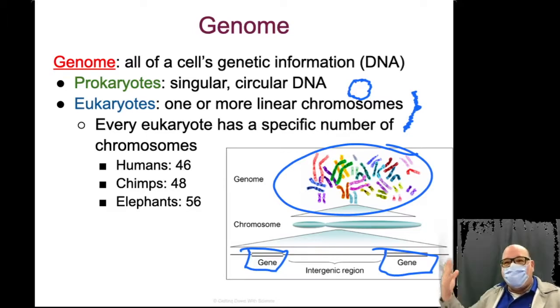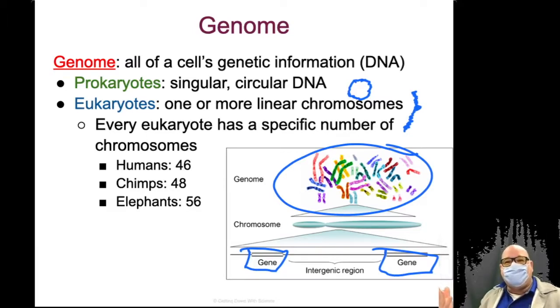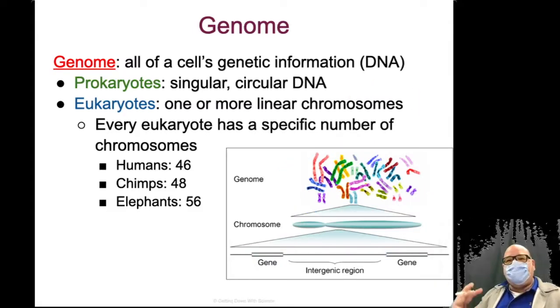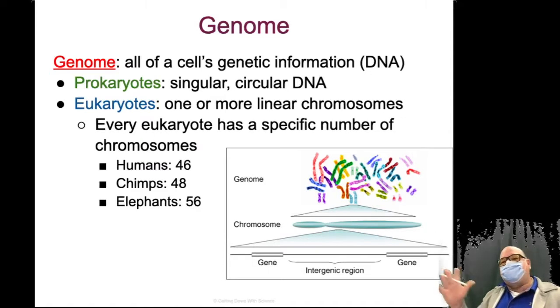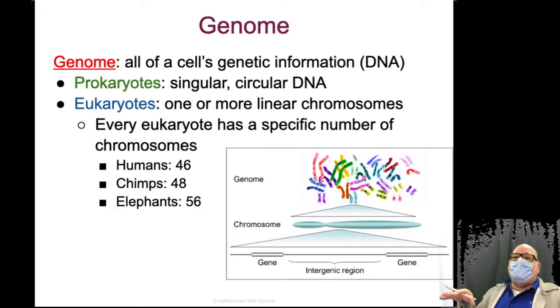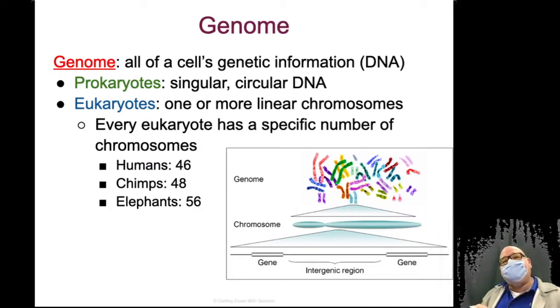Humans have 46, so I'd like to think that most of us are more complex than a fern, okay? I've met some people with the personality of a fern, but we really don't want to get into, well, it has more, so that means this. It's arbitrary, okay? Some of that has to do with how reproduction happens, especially with the fern. But there is no real connection between these, okay? All right, everybody clear on genome?